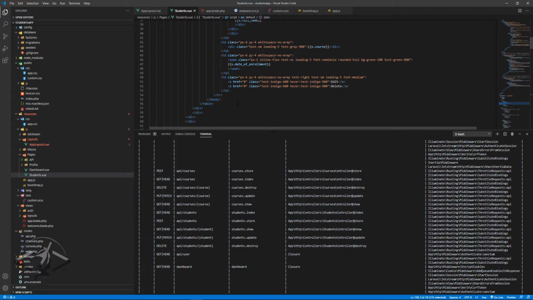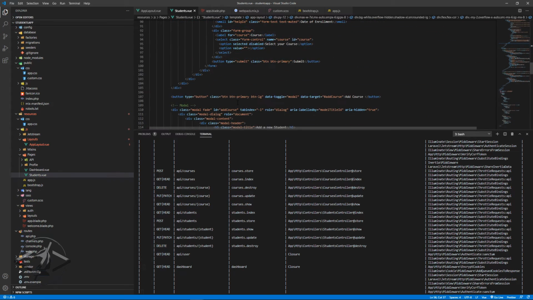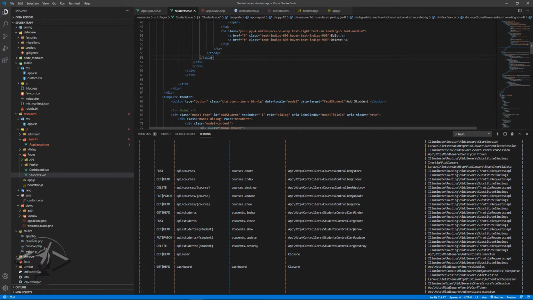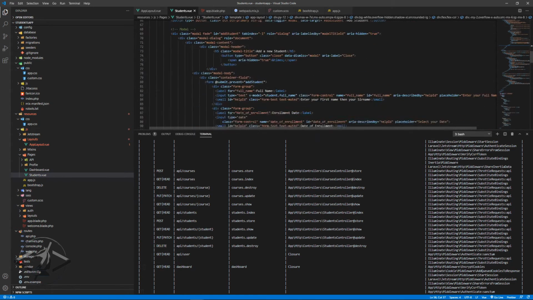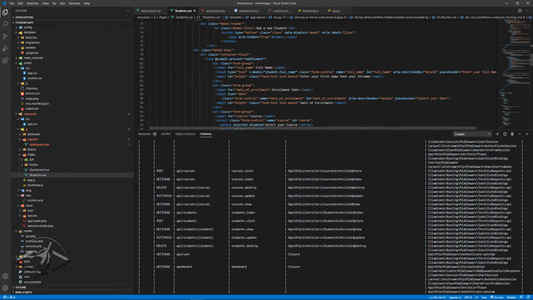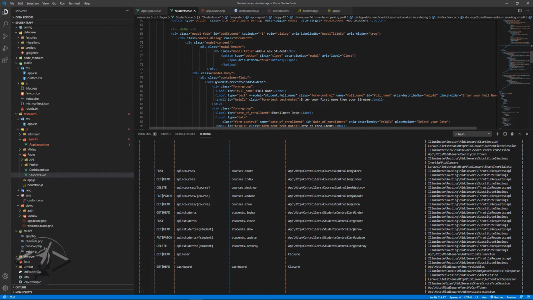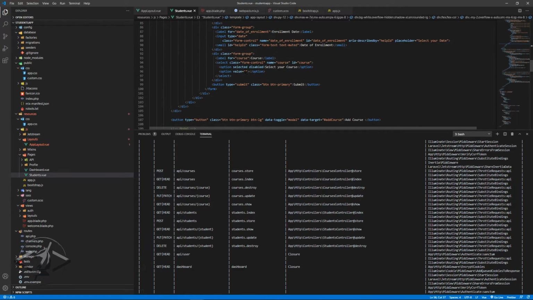All right, and then there's something more that we need to actually do. Yes, there is some more that we need to do. For example, inside our form for inputting the new student, we need to have the course over here. So I want to do another v-for directive, and then I want to do for y in courses,